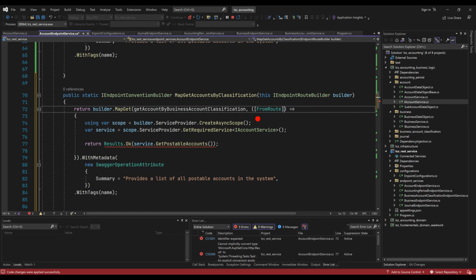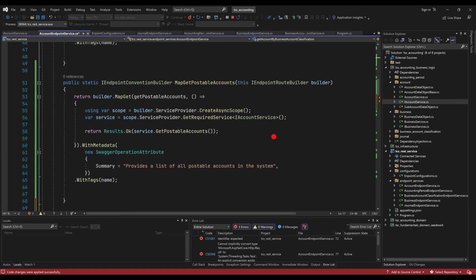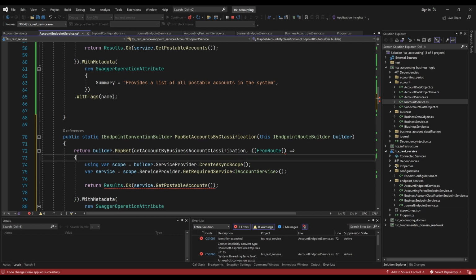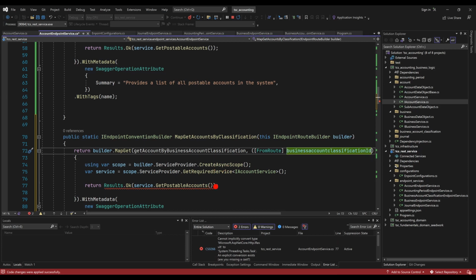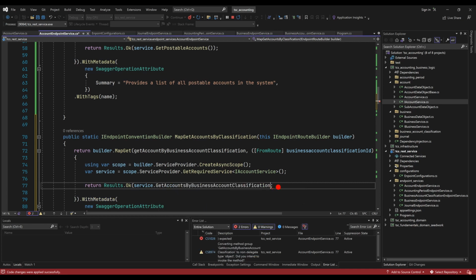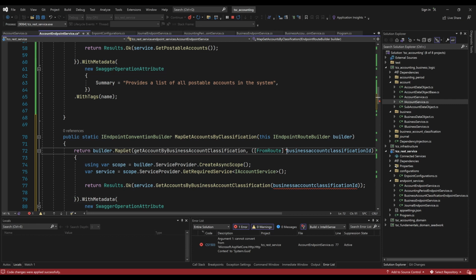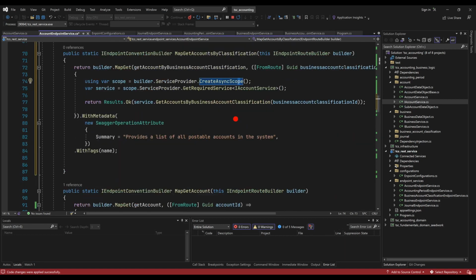So we do not have naming issues. Let me just copy it from here like this and put it in here. And we can come here and get, instead of possible accounts, we'll just get by business account classification, and that is basically what we'll do, and pass in the value that we get, and that solves the problem. So this is a GUID, sorry, and that is perfect. Then we need to do that for,